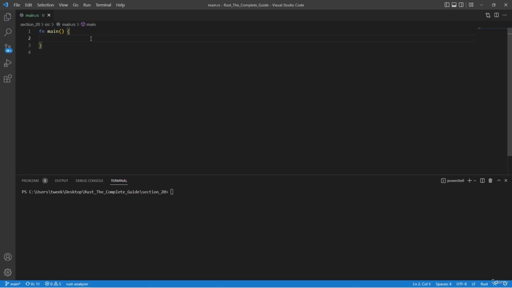Now that we are comfortable with selection sort, we can begin implementing our own solution to the algorithm. So to start off, we know that we need a vector that we are going to want to sort. So we will say let mut array, and we will give it a type of vector storing i8s, and then we will create it. And we want to use the same values that we used in the previous lecture. That way we can verify our results and understand how our algorithm was able to sort the values in ascending